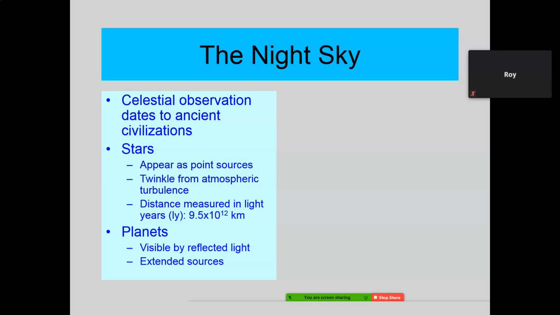Now, you may have been thinking, wait a minute, light is instantaneous. I turn on the light, the room's immediately lit. Well, that's because we're really close to that light bulb. It seems to be instantaneous. But in reality, it's not really true. Okay? The light that's coming from the sun right now, not much because it's going through all these clouds, but that left the sun several seconds ago. Several seconds ago.